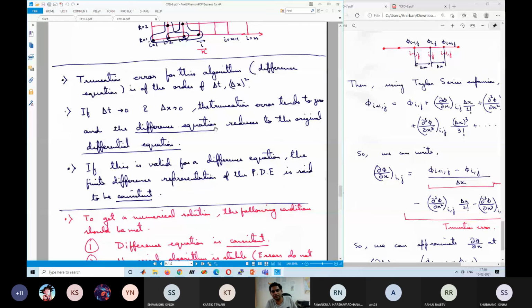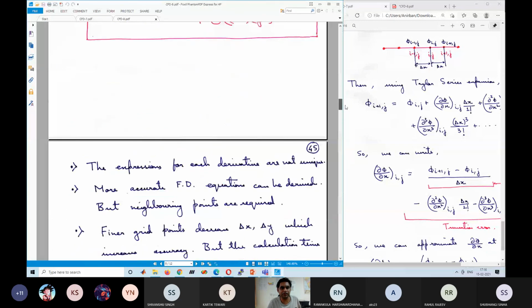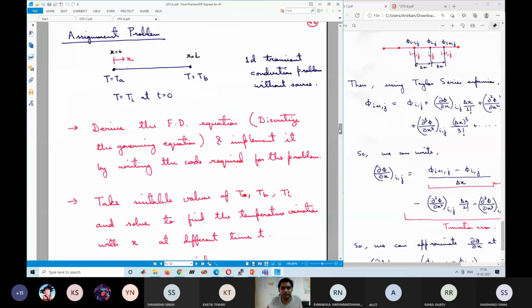We'll stop here. Within 1 or 2 days, I will properly submit an assignment problem statement. But the assignment will be the same as what I have discussed. You have to write a code and solve the equation. Try to write it on your own. There are marks associated with this assignment, but you are not writing it for getting marks. You are writing it to understand CFD.